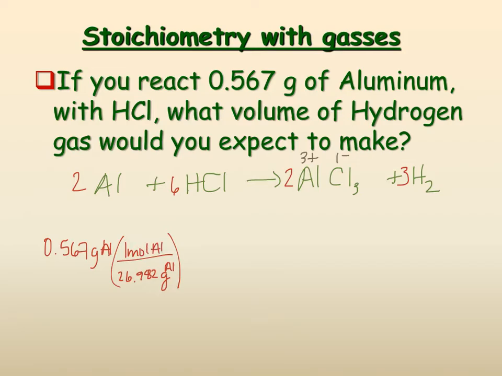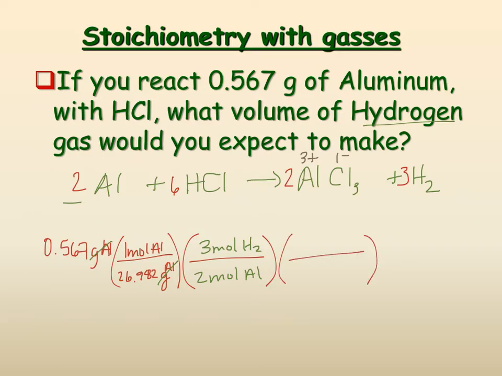Okay. You could sit there and calculate the number here, but when it comes down to sig figs, you really don't want to round until the very end. So I set up the rest of my multiplication steps. Now that I have canceled out my grams of aluminum, and I'm in moles of aluminum, I can apply my molar ratio. So from my equation, it's 2 moles of aluminum. And then I want to know about hydrogen gas. 2 moles of aluminum are used for every 3 moles of hydrogen gas made. Okay? And then last step,